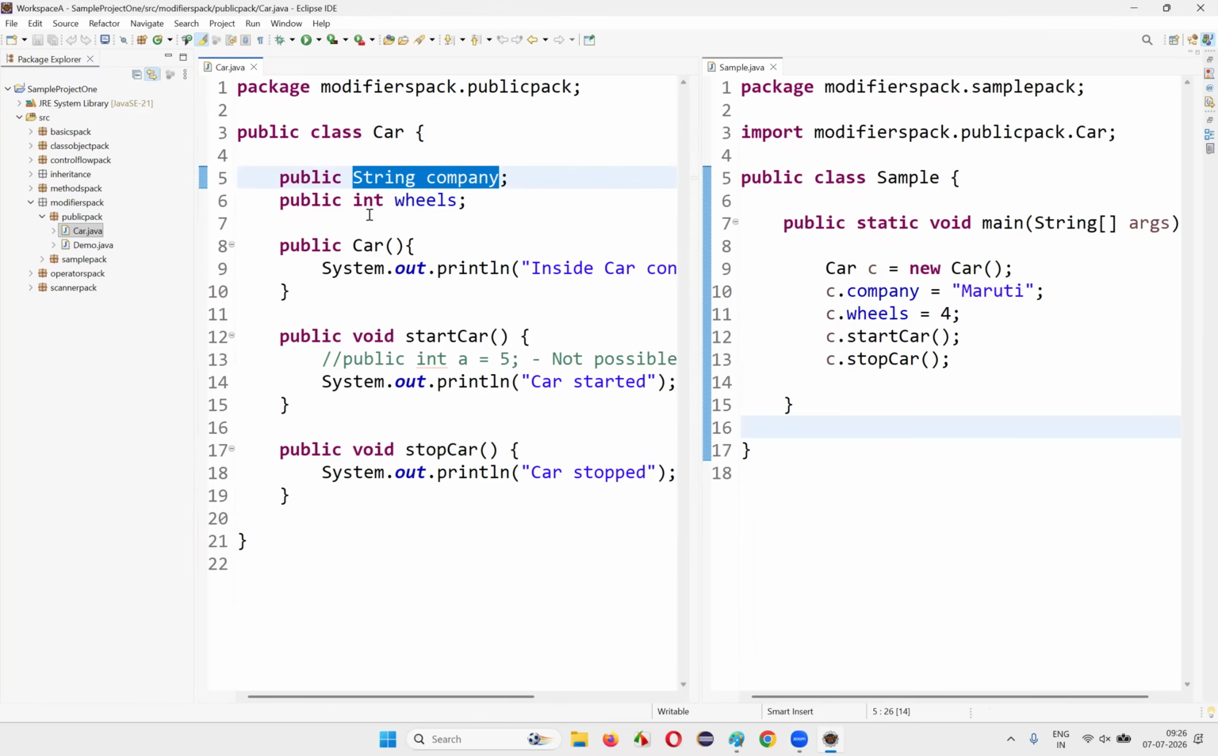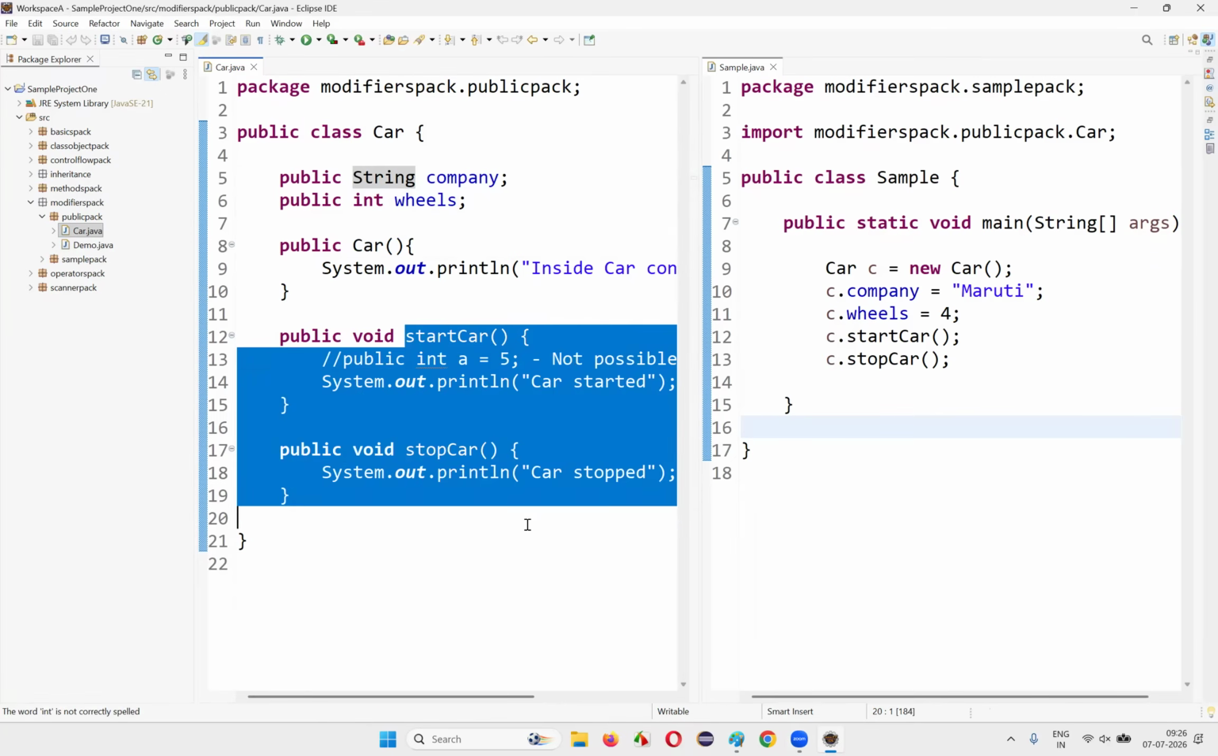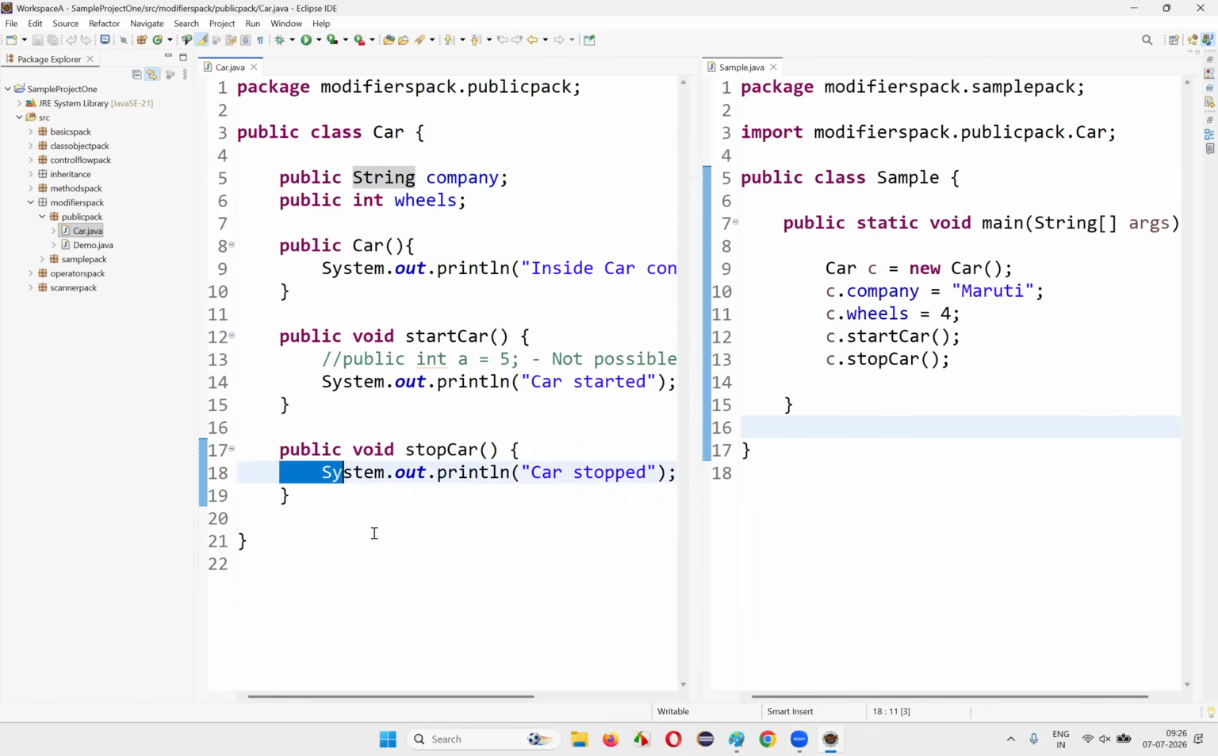Here we have some global variables which are also specified as public, as part of the previous session. Here we have a constructor which is also public. Here we have some methods which are also public. That's the reason all these Java items like classes, global variables, constructors, and methods can be accessed within the package, outside the package, within the class, outside the class, within the project, outside the project, anywhere, without any